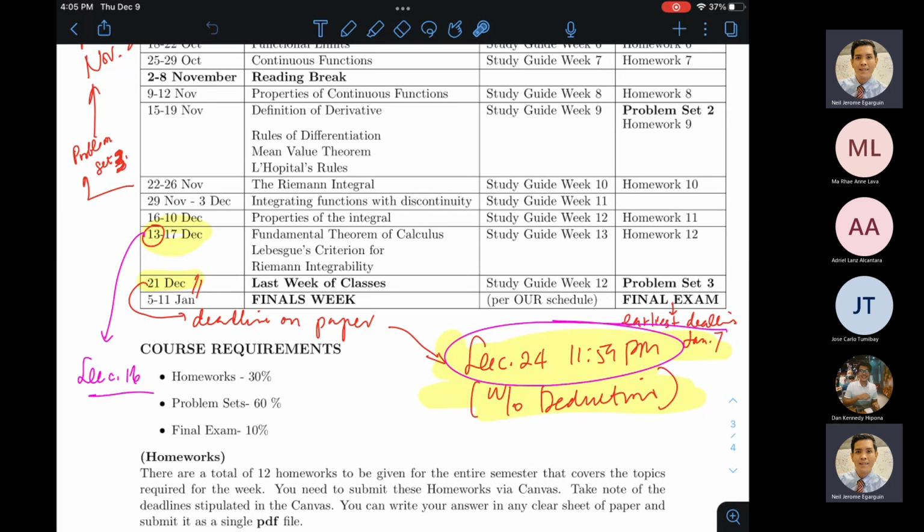But the earlier the better para mo-compute kagad yung final grades niyo sa Canvas. Doon siya makikita yung final grade. Kung ano yung i-output ni Canvas as your final grade after you submitted all the requirements, then yun na yun. You can ask for clarifications, pero hindi ako magko-compute mano-mano. So kung ano yung lumabas kay Canvas, siya na yung isusulat ko sa grade sheet. All right?